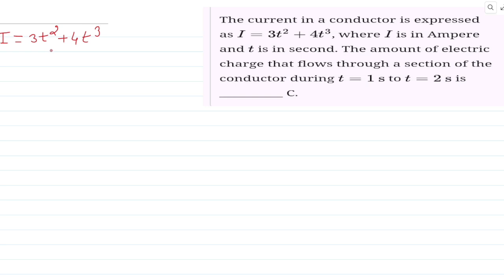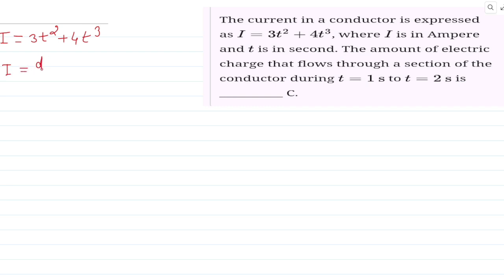The amount of electric charge that flows through a section of the conductor during t equal to 1 second to 2 seconds. So again, the same concept,